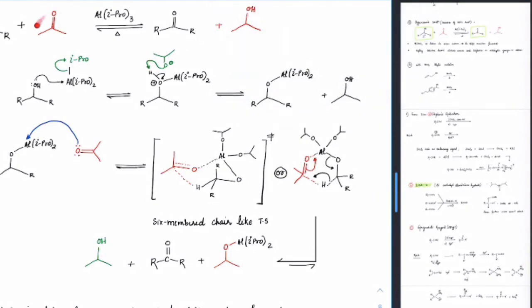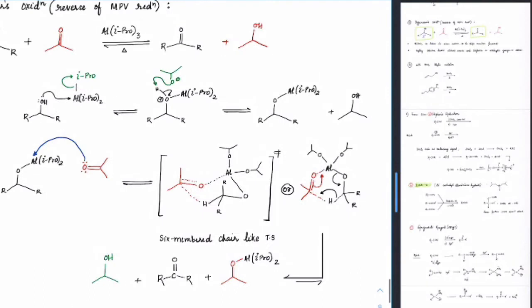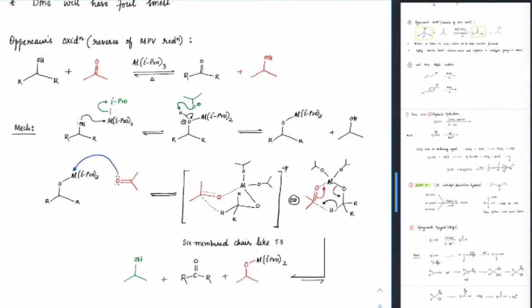this is the acetone part, right? This acetone part has become the isopropoxy group. And the isopropoxy which was left initially, which was green in color, is the one which has come out as alcohol. And our reactant, which is black in color, got oxidized to ketones. Okay. Again, go through this once again.